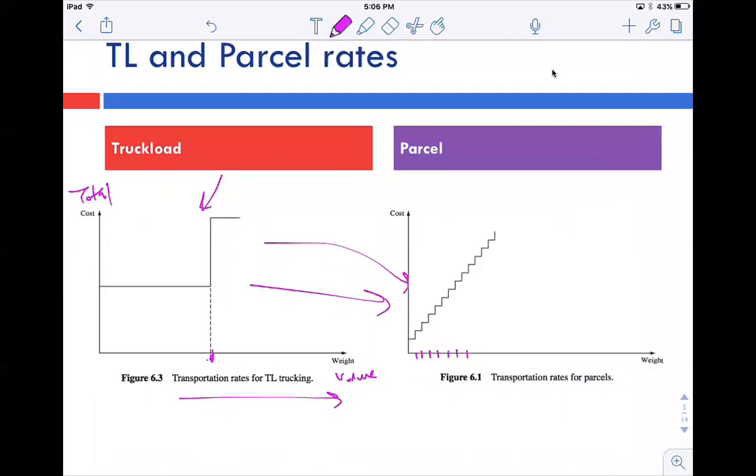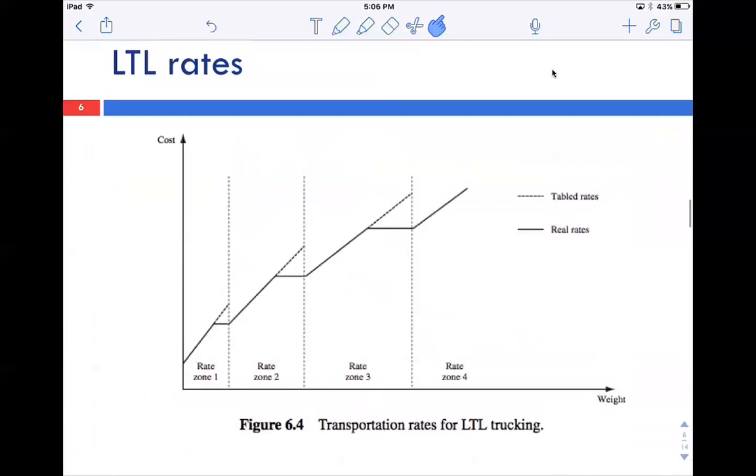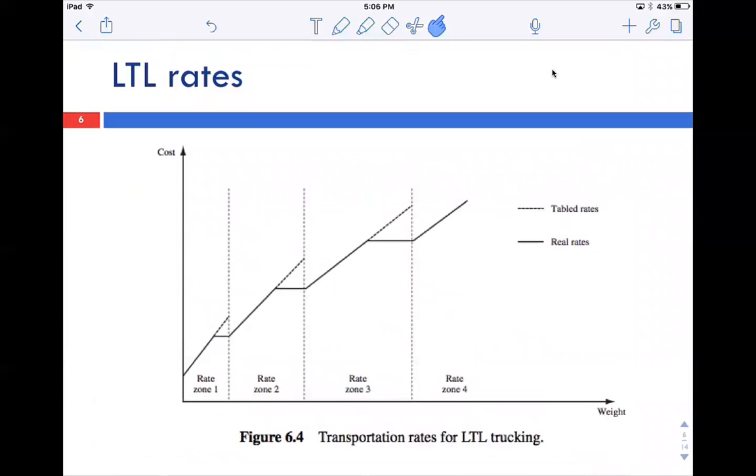What about less than truckload? Let's go to the next slide. So less than truckload rates will look like this. It might look a little bit complex, but actually the philosophy behind it is very easy to understand. Usually less than truckload companies give you rate tables, and those tables depend on either weight or volume. Let's assume that now this is weight. It basically tells you that between 0 and, let's say, X pounds, your rate is going to be $100